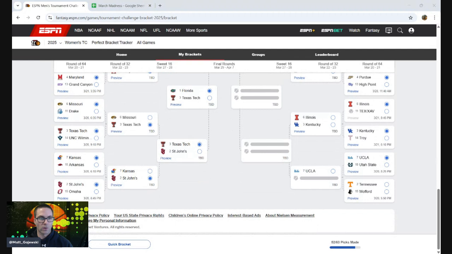Next game, we have UCLA taking on Utah State. This is a fade on the Mountain West more or less than anything else. But size-wise, UCLA has a lot more of it, 54 to 137. They're the slightly better team on the glass just across the board. Utah State, a little better offensive boarding. But then UCLA is a better defensive team overall by a pretty wide margin. This team is 19th in total defense. The only place they've really lapsed is inside, which is a concern, but they have a racer in Ade Mara if they put him on the floor. This team forces a ton of turnovers. We'll back UCLA in this contest,